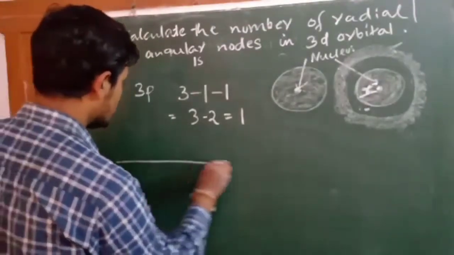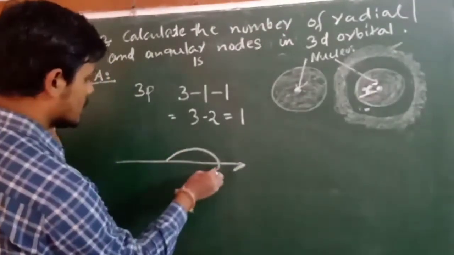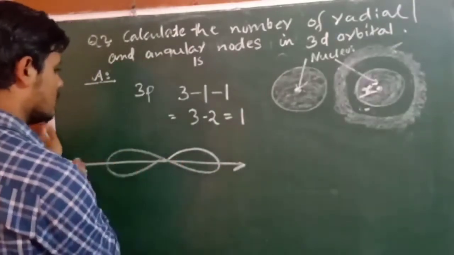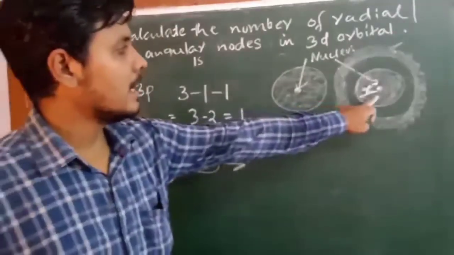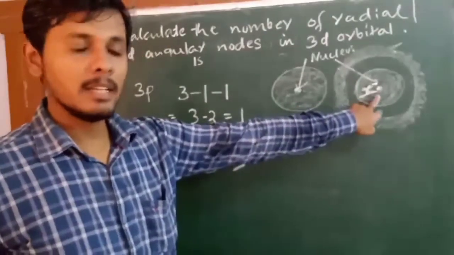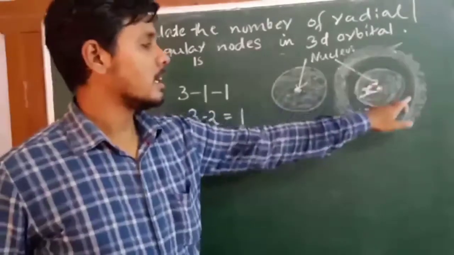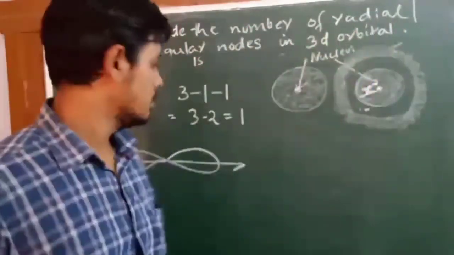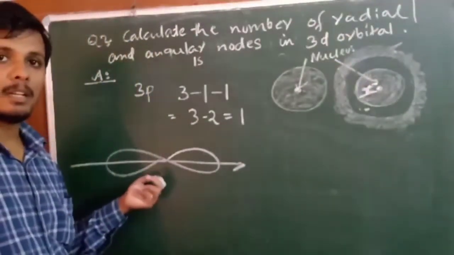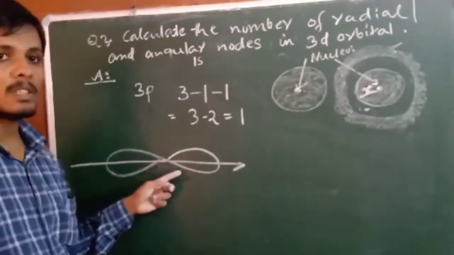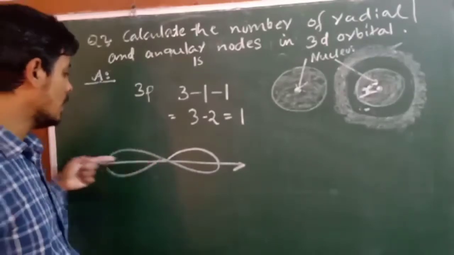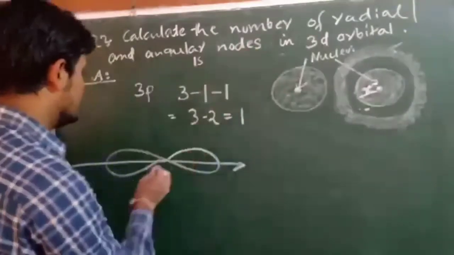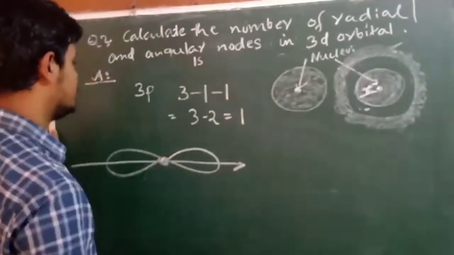So what sort of radial node will we have? Let us consider that this is a 3p orbital. Since s orbitals are spherically symmetric, that is why I am considering the radial node as a spherical zone, but p orbital is not spherical. In this case, we will consider radial nodes along the axis in which the p orbital is present. So this is the nucleus.